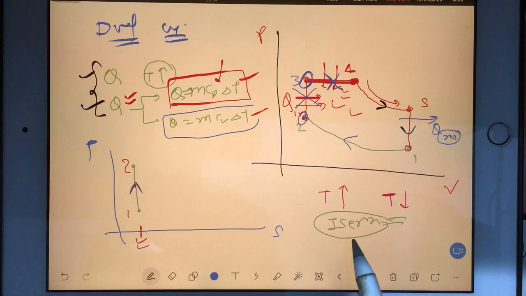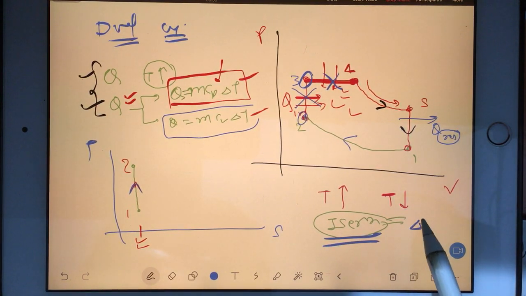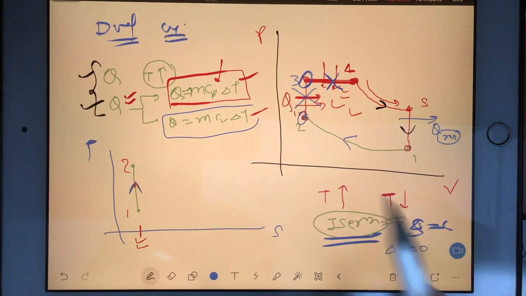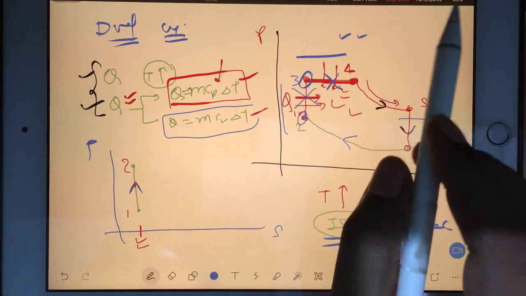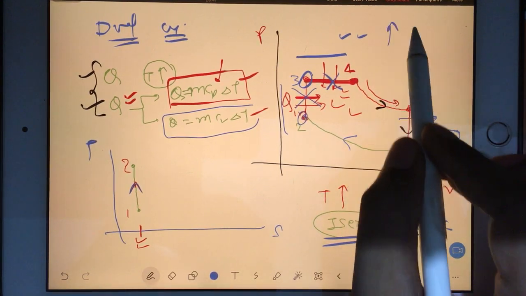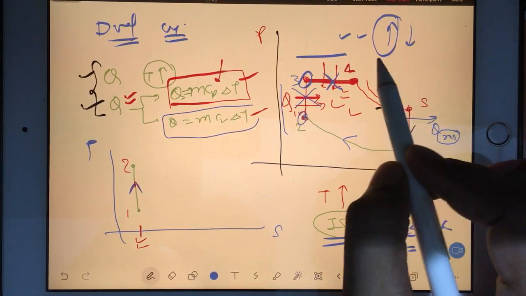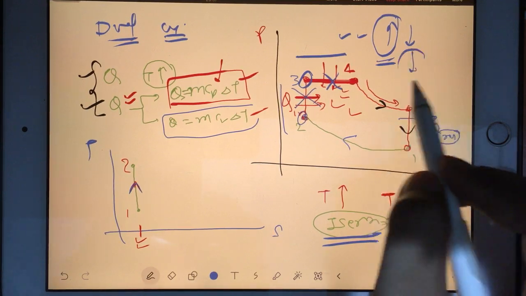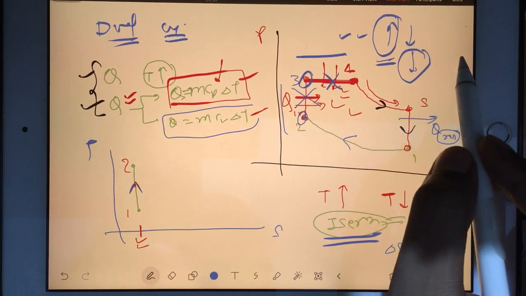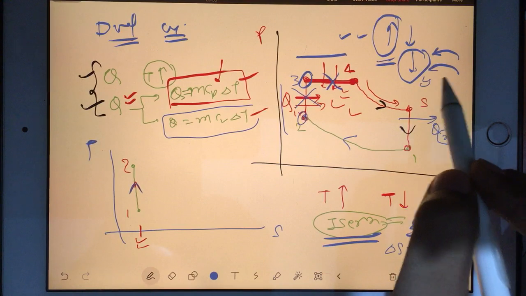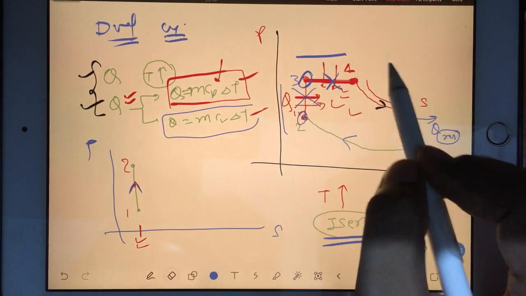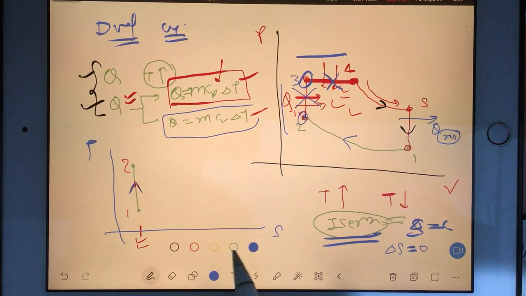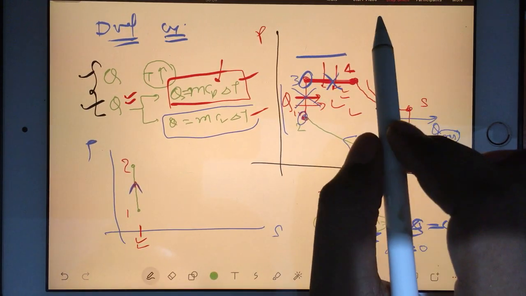No. What do you mean by isentropic process? Entropy is constant. Entropy is constant means change in entropy is 0. But in 2 to 3 and 3 to 4, is change in entropy there or not? Yes, it is there. Entropy is increasing or decreasing? Yes, it is increasing. Why increasing? Because heat is going into the system. Okay, how will you know heat going into the system will increase entropy? This is the fundamental of entropy. Entropy increases when there is heat going inside the system. Entropy decreases when heat is coming out of the system.